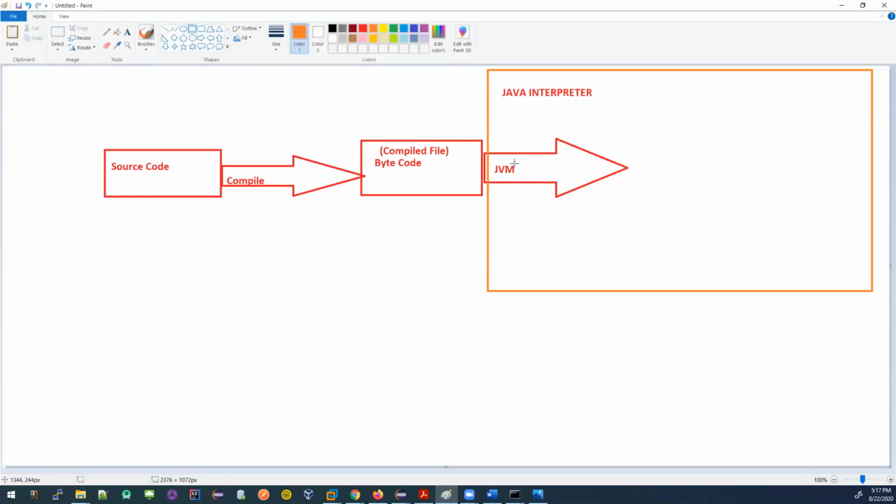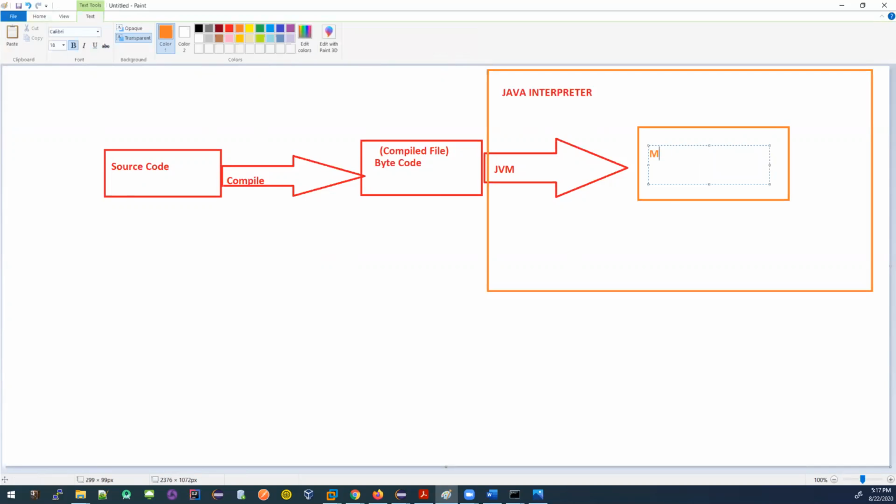The Java interpreter will take the compiled code as source code and interpret it into something the machine will understand. In this case, the machine is the actual hardware machine that we are talking about.